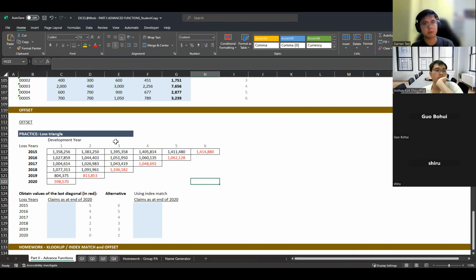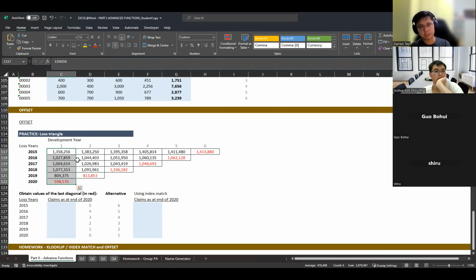There are still some claims that might not have been reported yet, and they are not reviewed yet when you straight away report them, right? So what this does is that for the different loss years, you have particular values here. But these might not be fixed values, because every year, in future years, there might be a certain development.